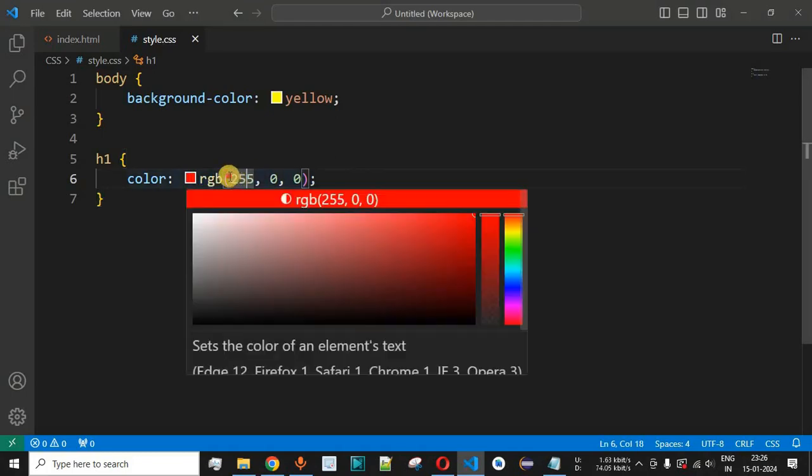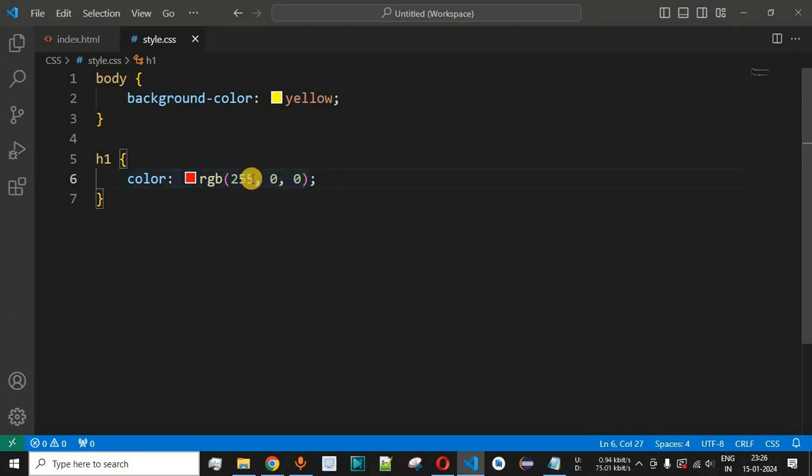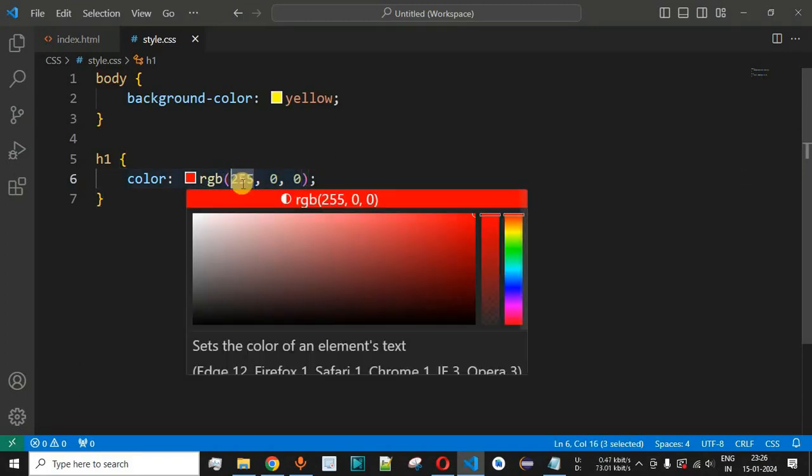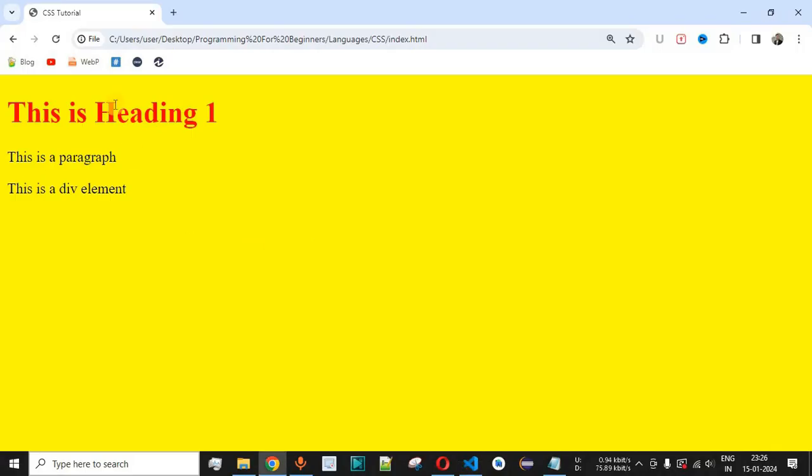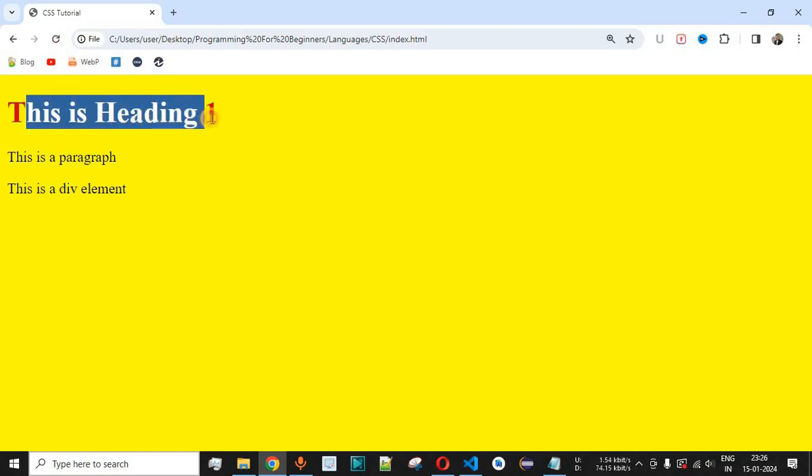So guys, you can play around with the values of this RGB that you can provide with the help of these numbers. Let's say I want to reduce some portion of this red component. So simply set it as 200. So instead of 255, we set it as 200 over here. Let me save this file now and try reloading this page once again on the browser. So it has been updated to a little darker version of the red color now.